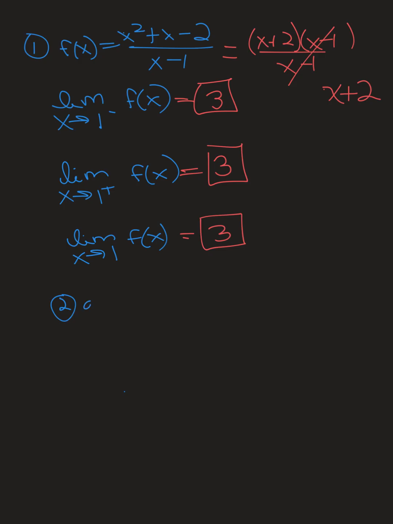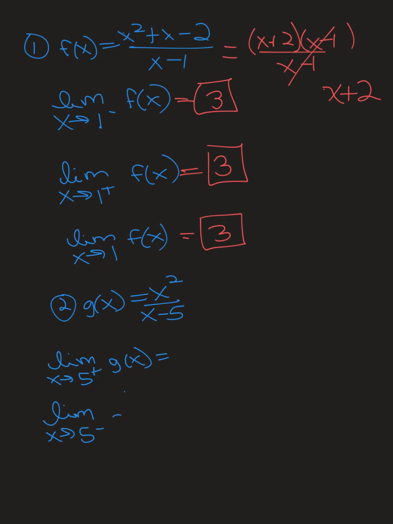So this one, we're going to have a function, I'm going to call it g of x, and it equals x squared divided by x minus 5. And we're going to evaluate the limit, you probably guessed it, as x approaches 5 from the right, and then from the left, and the limit as x approaches 5. Okay, so you can see that this function, again, it's rational, so you try to simplify it right away,